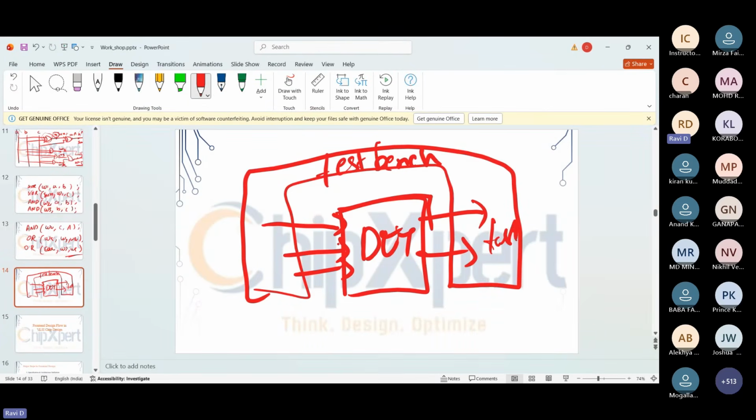You know about Java, right? In Java, we have the OOPS concept, an object-oriented programming language. The OOPS concept is used in SystemVerilog, and it brings modularity to designing the test benches.